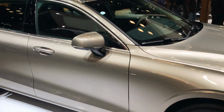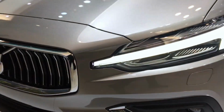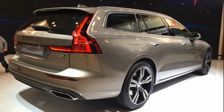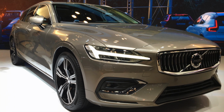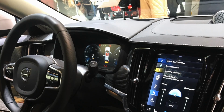This is a beautiful thing because I love the look of the new V90 with its vertical wide-mouthed grille, Thor hammer headlights, and taillights that go all the way up. But it's just a little too large for my needs. With the V60, you get all the same great looks, comfort, technology, versatility, and understated Swedish elegance in a compact